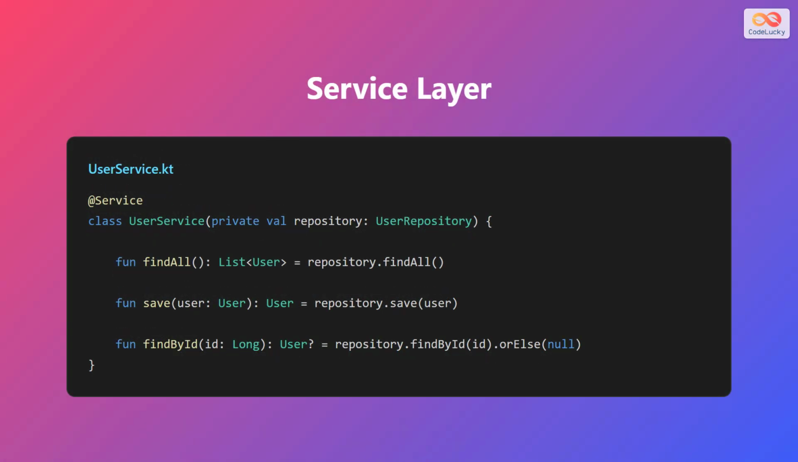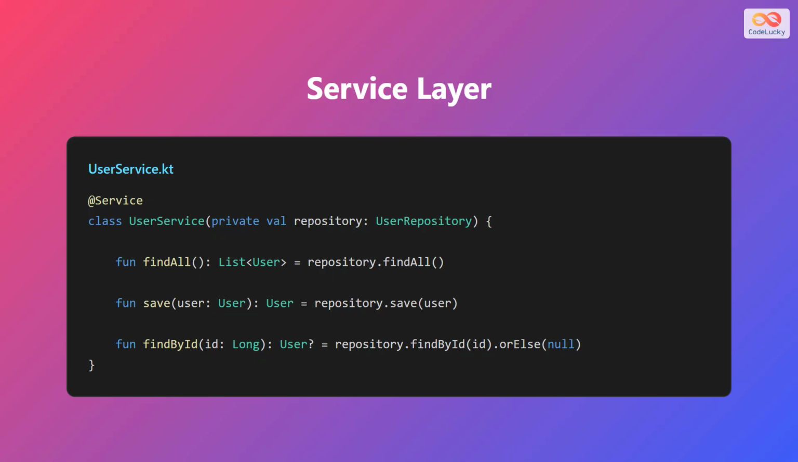The service layer contains the business logic of our application. We annotate the class with @Service, which marks it as a Spring-managed service component. The UserService class receives a UserRepository through constructor injection. We implement 3 methods using Kotlin's single expression function syntax. The findAll method returns a list of all users by calling repository.findAll. The save method takes a User object and persists it to the database by calling repository.save, returning the saved user